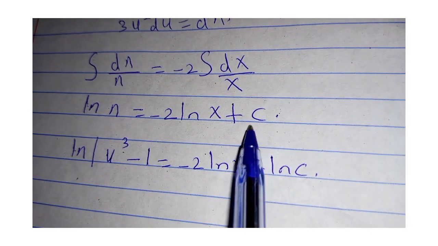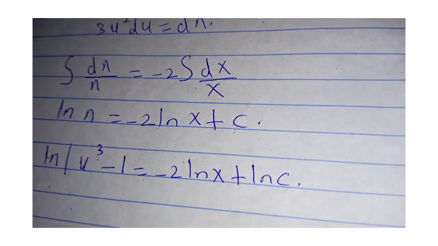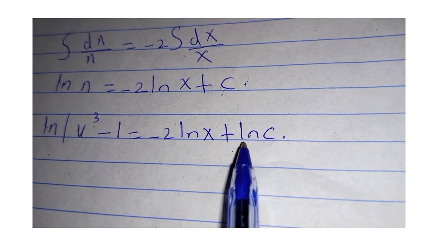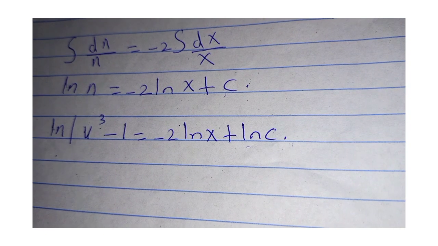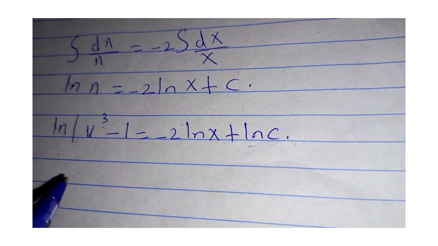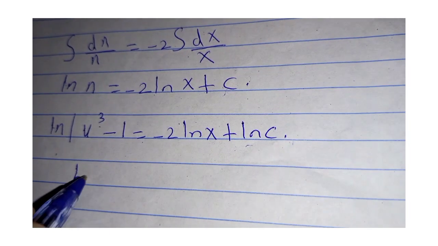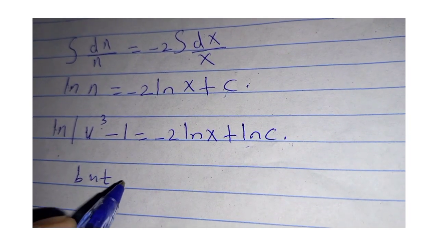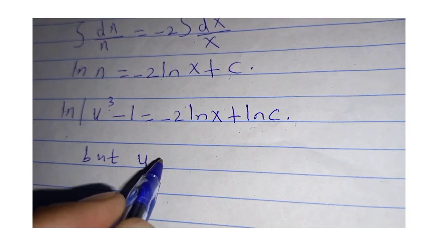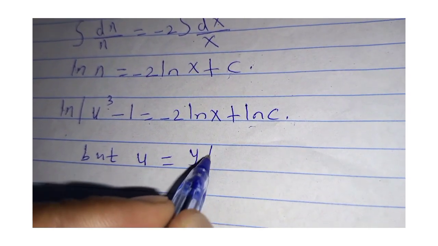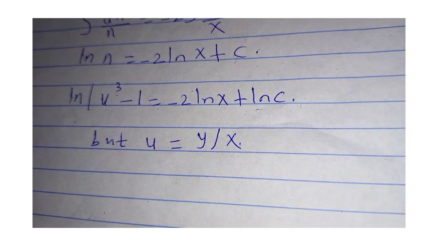Now, when you have constant c and the natural logarithm of c, the result is constant c. Then from there we substitute back the value of u. We had let our u be y over x. So we are going to substitute back